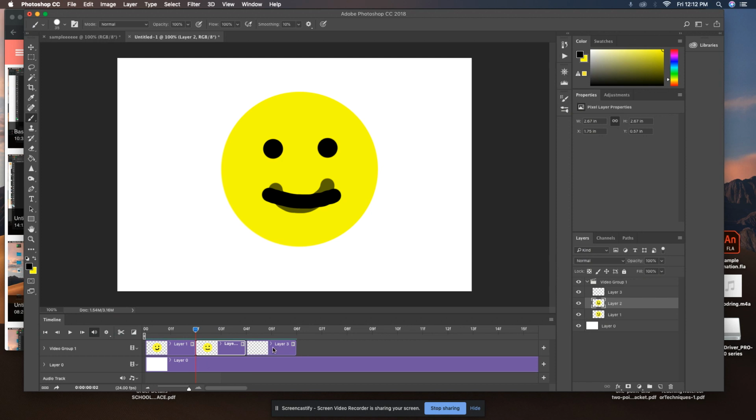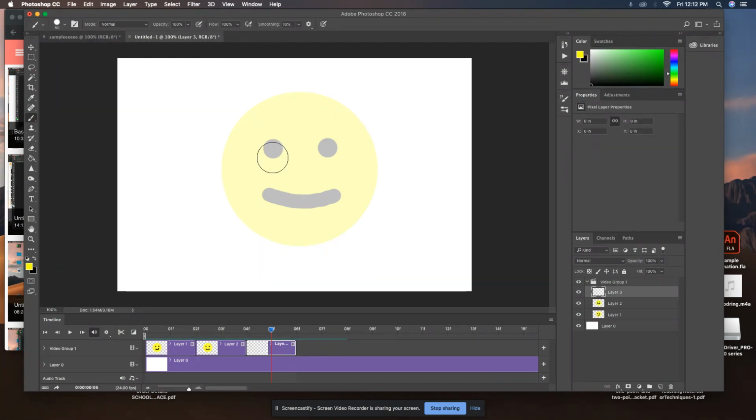Okay. Now my next layer, again, I have to move that frame rate over here. And then just like before, I can then make my image. So again,